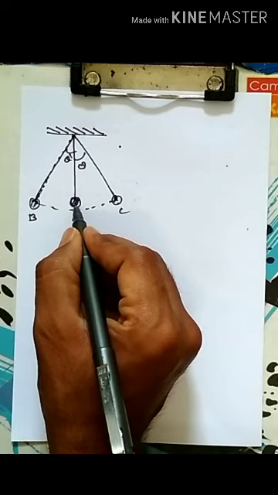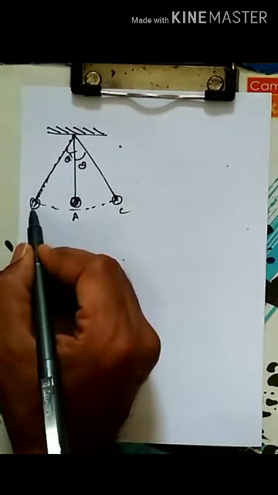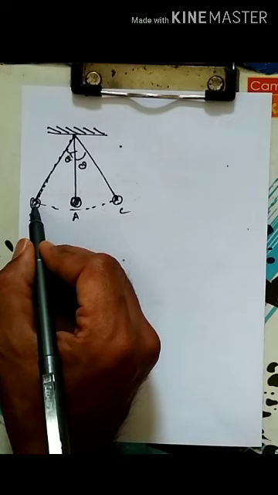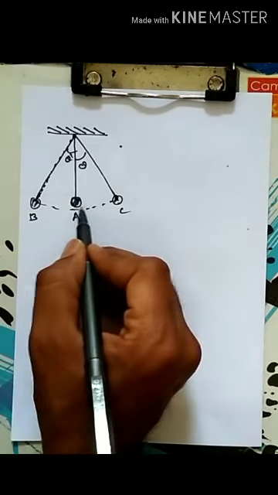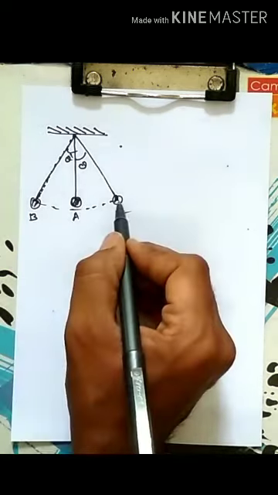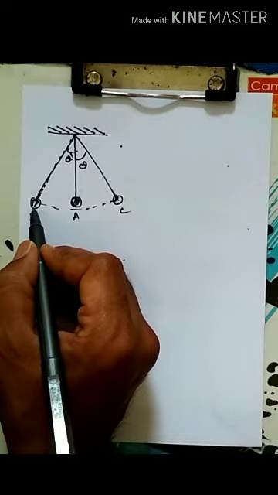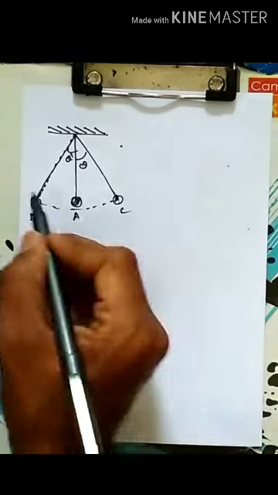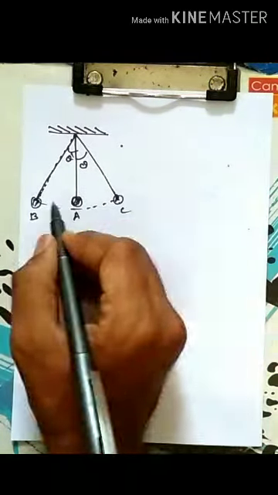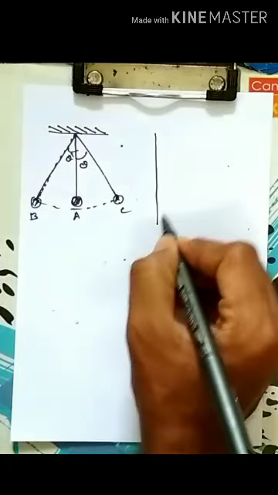So if I take this bob from the position A to the position B and I release the bob, then it comes to the point A, then it goes to point C, and again it comes back to point A, and again it comes back to point B. So this whole process is a continuous process. So if we draw this mechanics in a graphical nature,